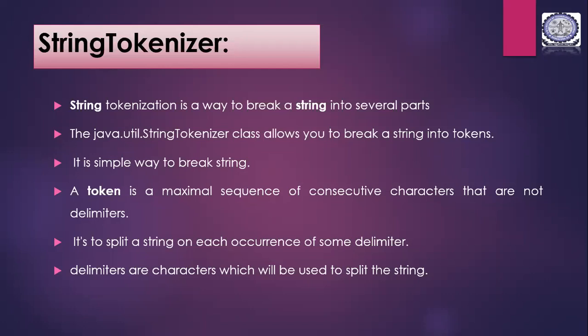So we had a comma there in between our name, date, month, and year, right? So the comma here becomes the delimiter. The delimiter splits a string on each occurrence of the delimiter. It tells you that the entire string is divided into smaller strings or tokens. So delimiters are the characters which will be used to split the string. If you give a comma in between, it means that comma is a delimiter which tells that everything before the comma is a separate string and the rest after the comma is a separate string. So there are two different strings. If you don't give a comma, the entire statement is one string.